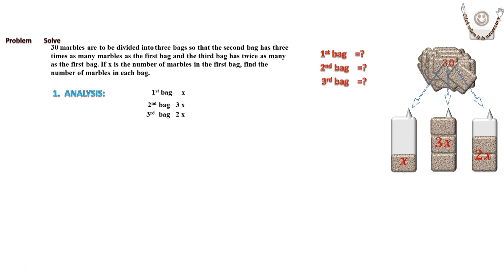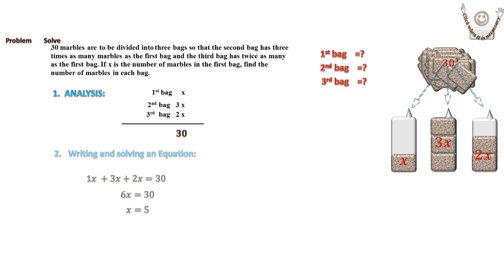Now, together, what we have in the first bag and second bag and third bag, it will be 30 marbles. Not more, not less, just 30 marbles. Step number 2. Now we can write out an equation. So the first bag has x pieces, the second bag has 3 times x or 3x pieces, and the third bag has 2 times x or 2x pieces, and together it will be 30. Now we can solve the equation,